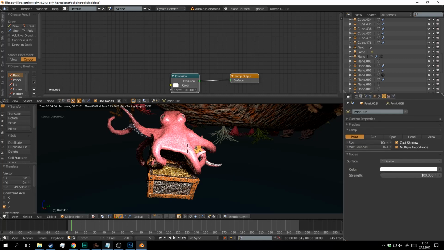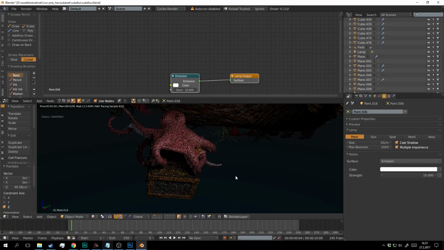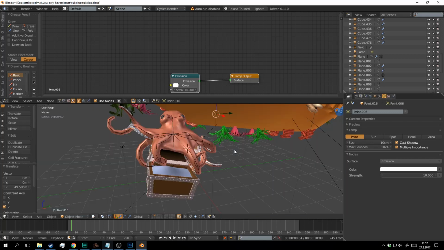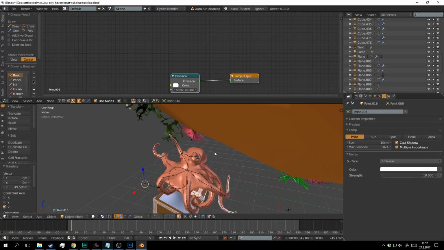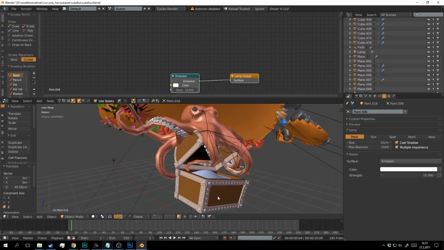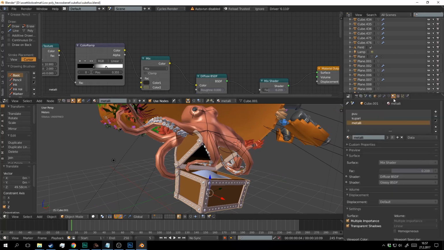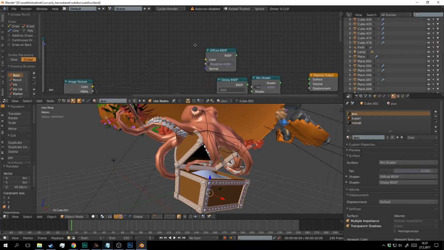That chest is the only object in here that uses image textures. As you can see, there are coins inside of that chest. Also here we have a wood texture.